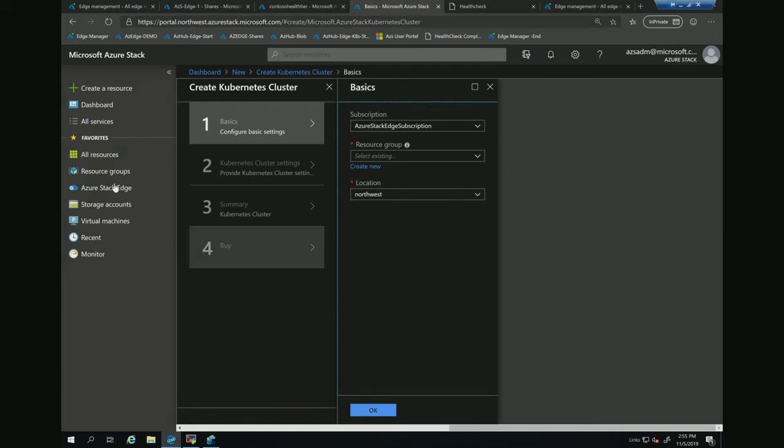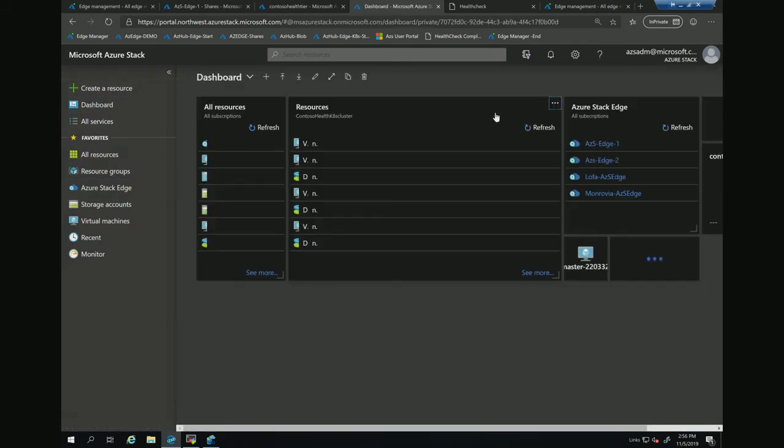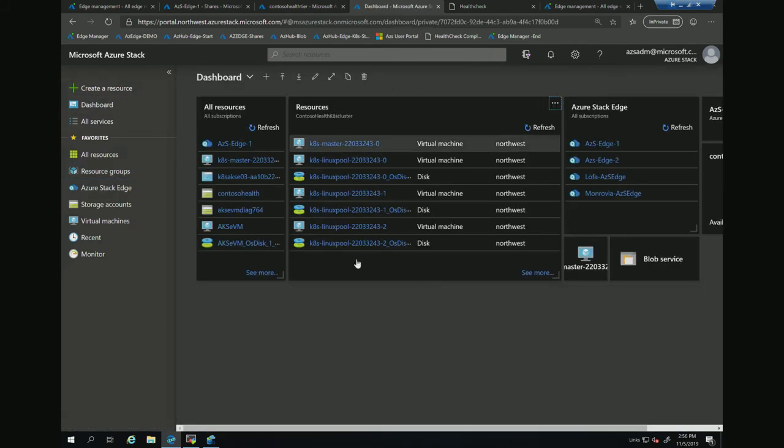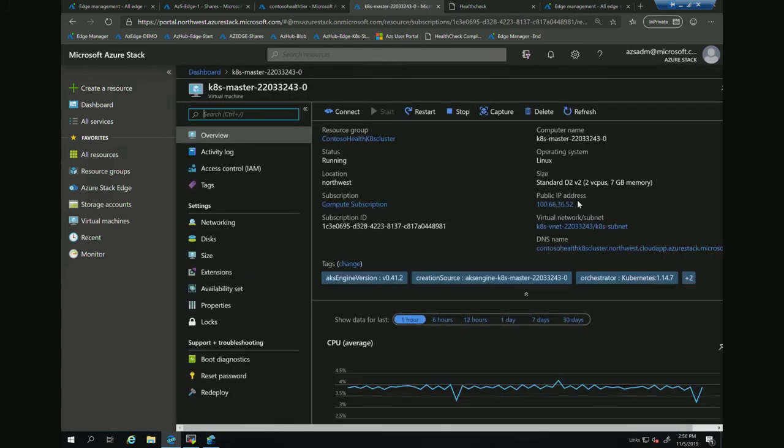So if I go back to my resource groups, or actually go to even the dashboard, you can see in this dashboard, here's the Kubernetes cluster that's been created. It includes the master as well as all of the worker nodes. It created the virtual machines that are needed from an IaaS capability. It created the VNets that are needed, as well as laid down Kubernetes. If I go to the master, note here, there's this IP address. Note the IP address is